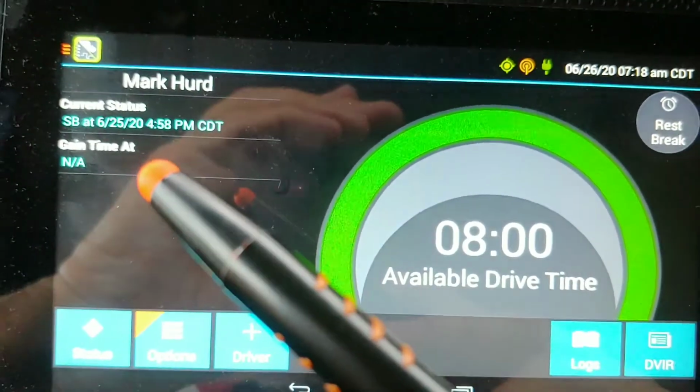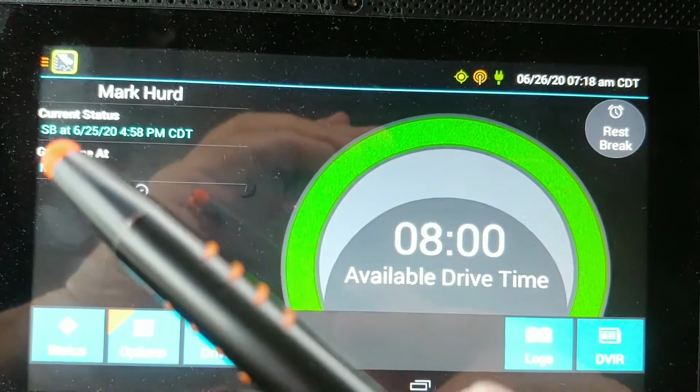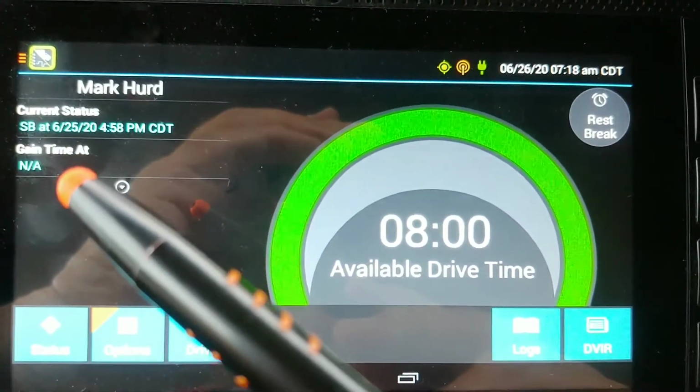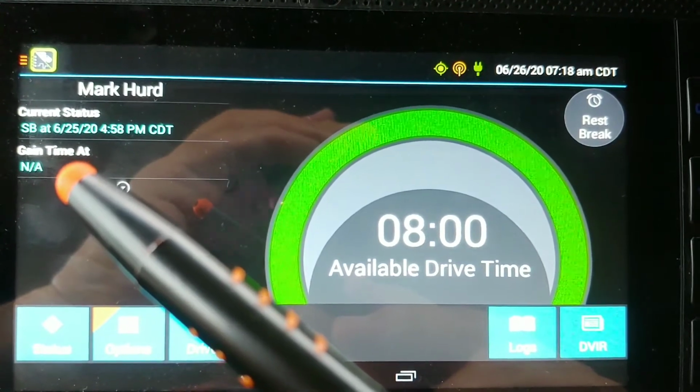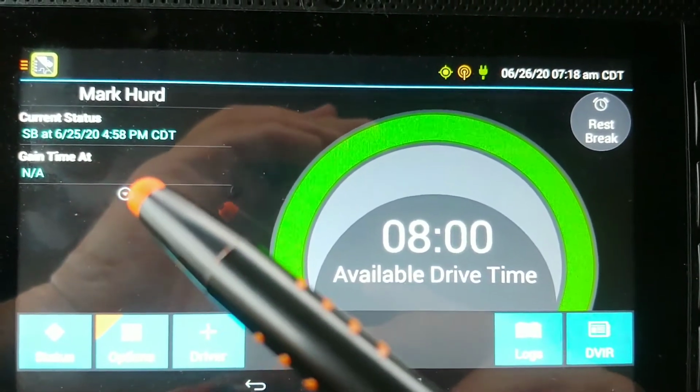This is your ELD driver's log button, which you hit, and it shows you what your status is over here. Current status for me is sleeper berth. I haven't signed on yet. And game time is a nice little tool to have in here. Like if you're on a break, it'll let you know what time you will